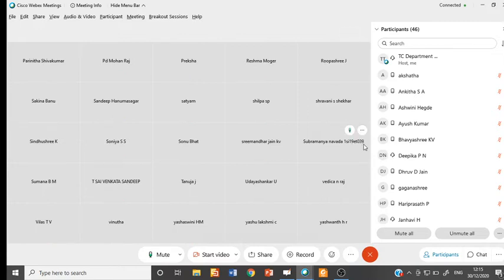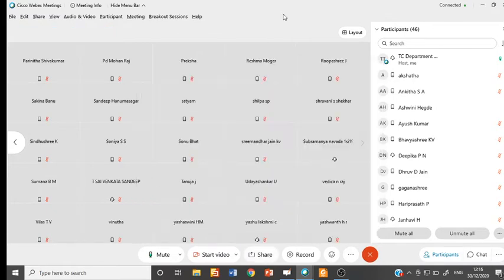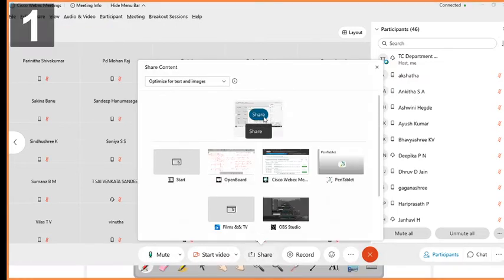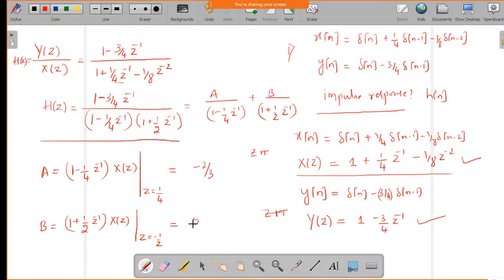Sir, minus 4 and 5 by 3. Is it? Okay, 5 by 3 is okay, so check whether 4 is correct or not. So minus 2 by 3 and 5 by 3. That is fine. So the value of a is minus 2 by 3 and this one is 5 by 3.